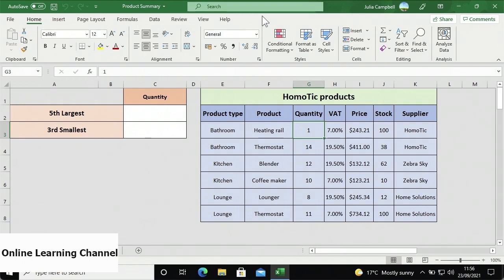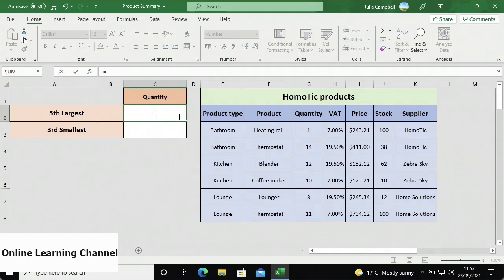In Excel, you can use the LARGE and SMALL formulas to find a chosen rank in a data range. For example, I want to find the fifth largest quantity from the quantity list in the table on the right. To do this, I'll first select cell C2, insert an equal sign followed by LARGE and an open parenthesis. Next, I need to select the data range, which is the quantity column, so I'll select cells G3 to G8,